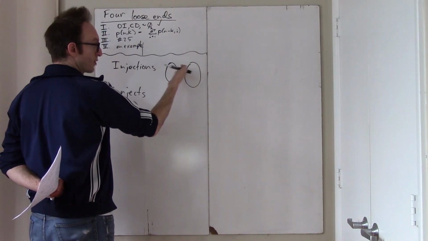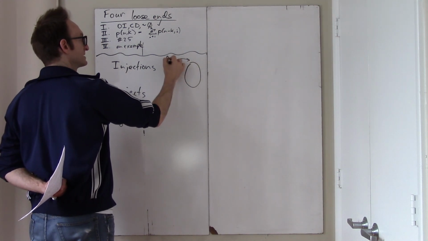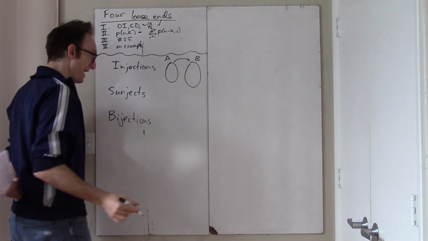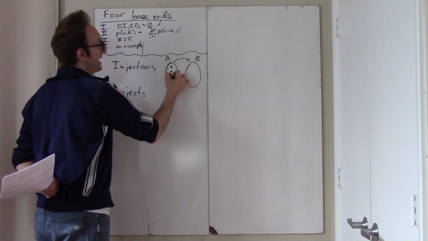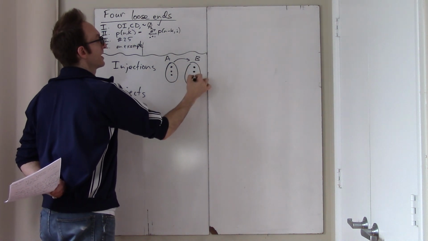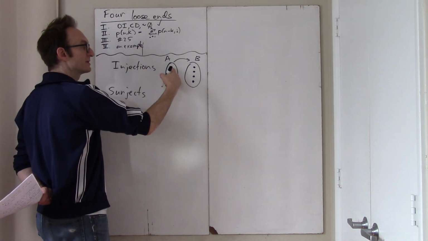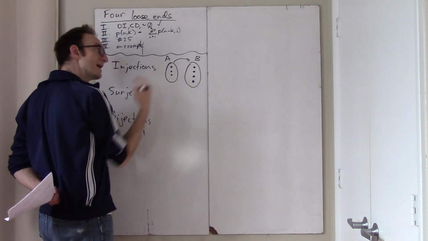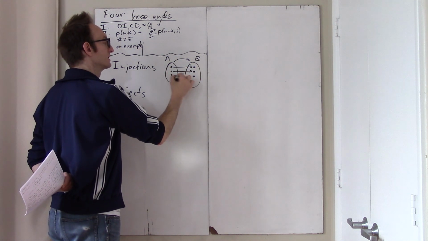here there's a domain, here there's a codomain. So this is like some set A, and this is like some set B. And a function is an injection if for every element of the domain there is, or rather I should say, what makes it a function is that every element of the domain is matched to just one element in the codomain. But if it's an injection, then